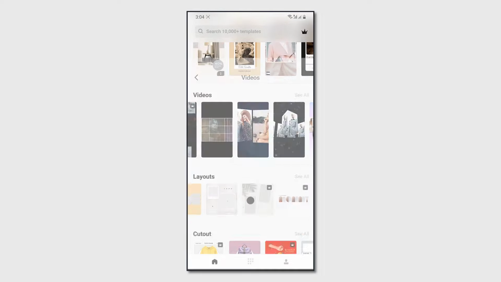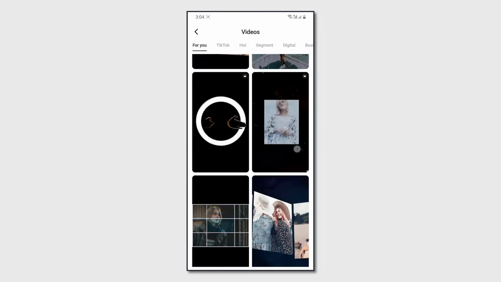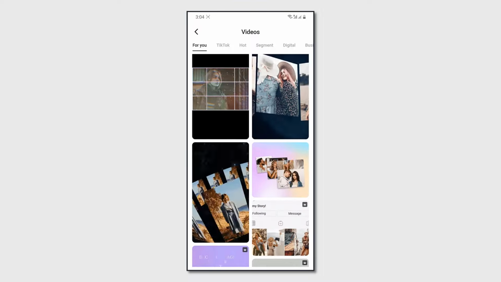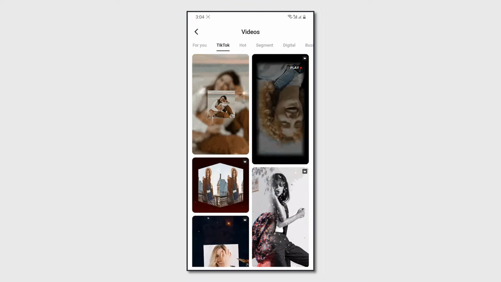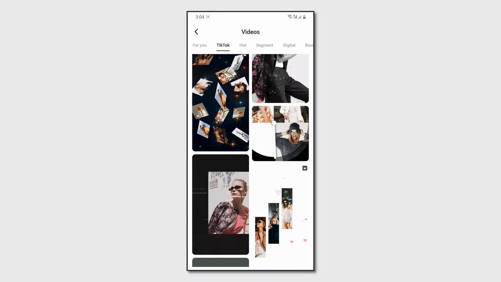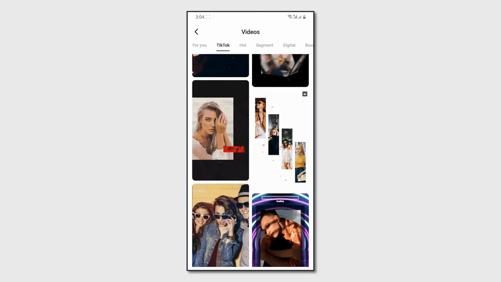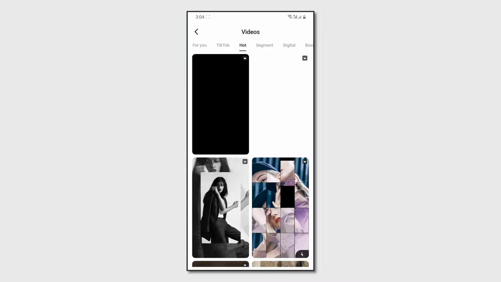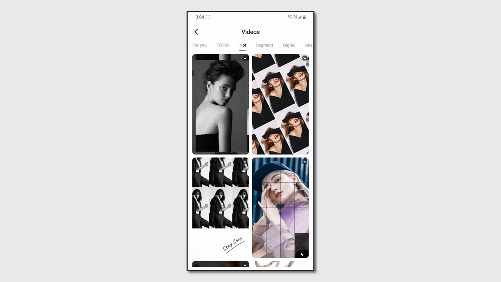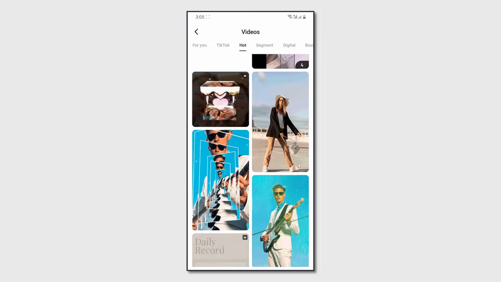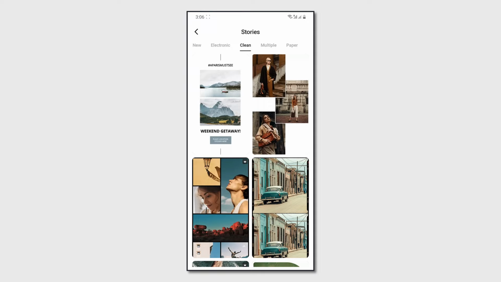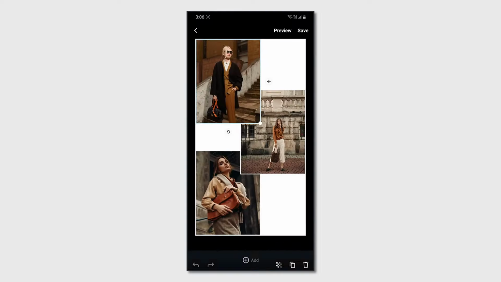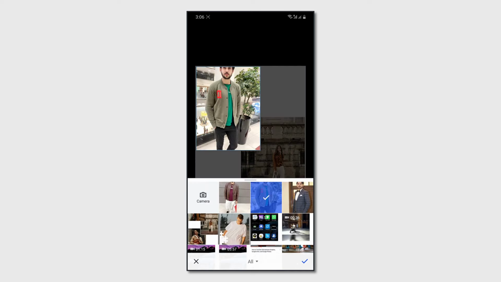In the video section, we have a lot of video templates, even for TikTok videos. You can choose any template and simply press on the edit button and replace the images and text.